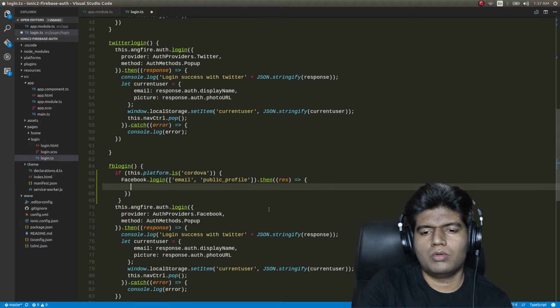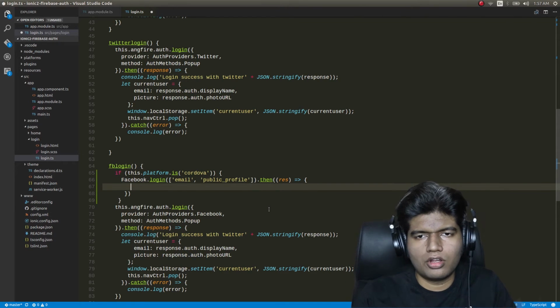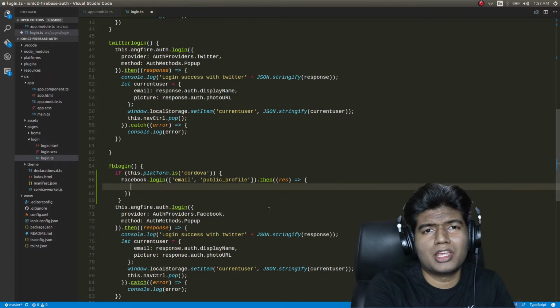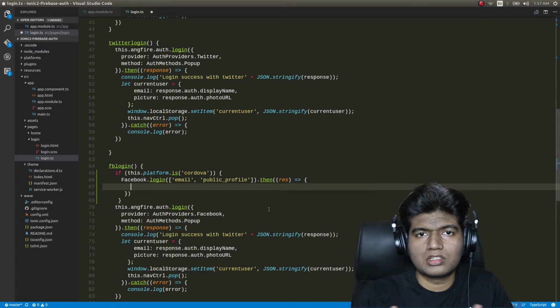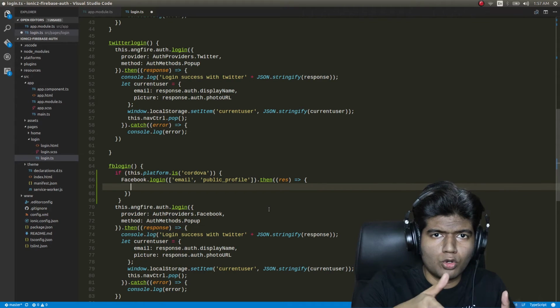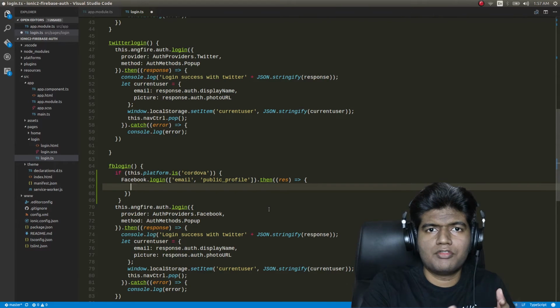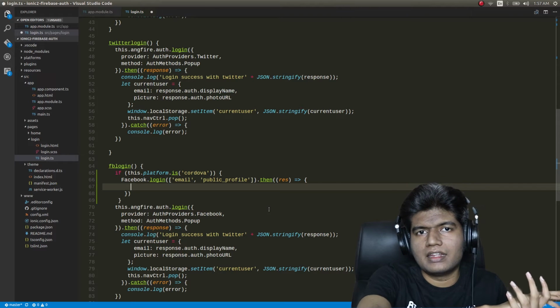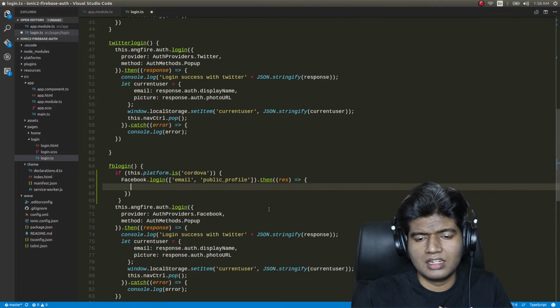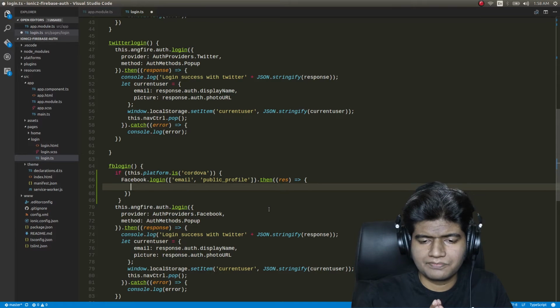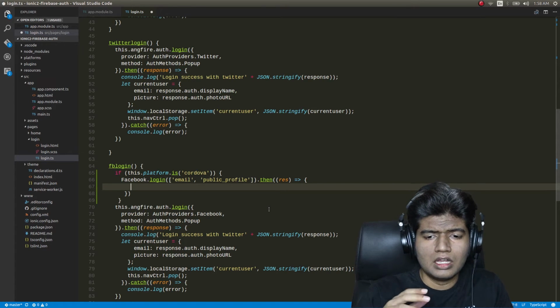Then you might wonder what's the need of Firebase here. Firebase and Ionic 2 are not at all getting connected. We could simply make use of our Facebook Connect plugin and do the same thing. What's the use of Firebase here, or how will you know if this user is logged in? If you have Firebase as your backend entirely, how will you know when this user logs in or signs in using Facebook or something like that, right? So in order to